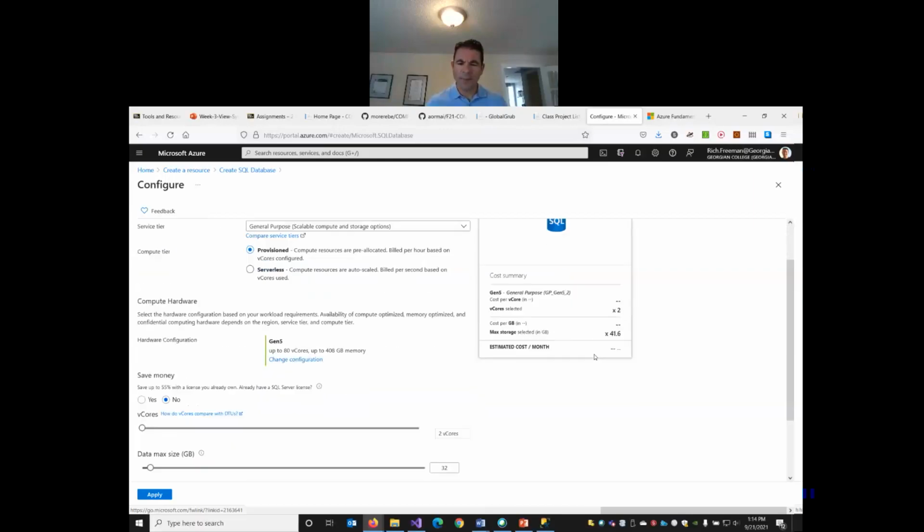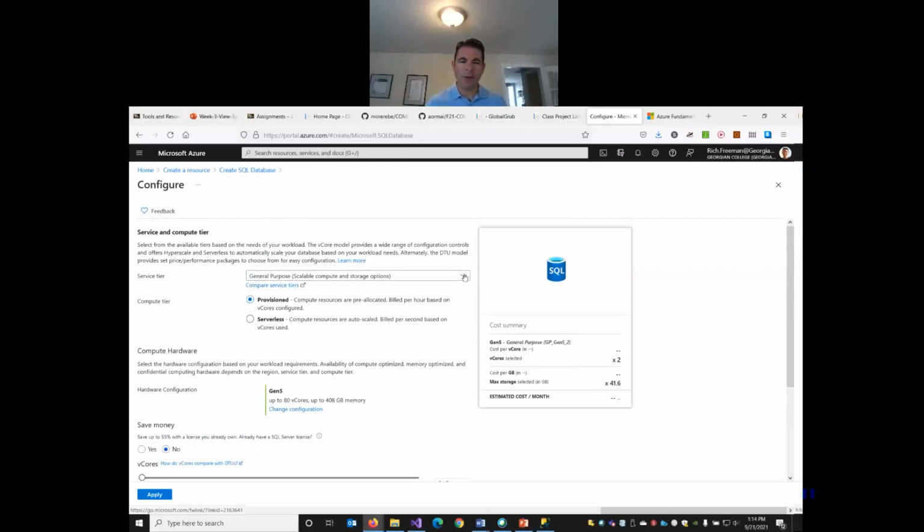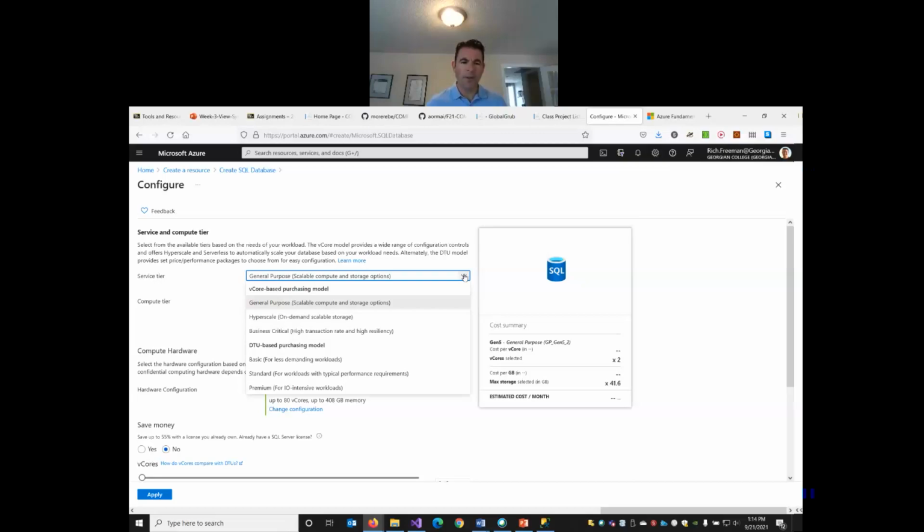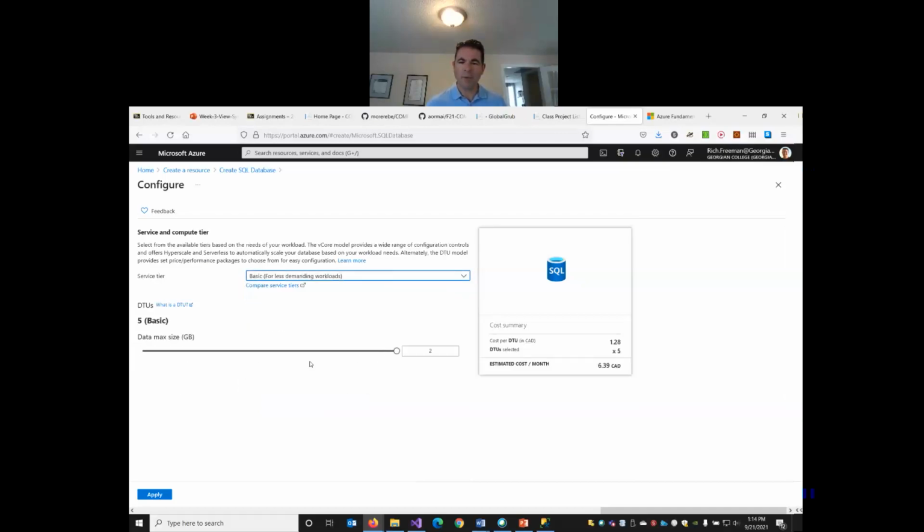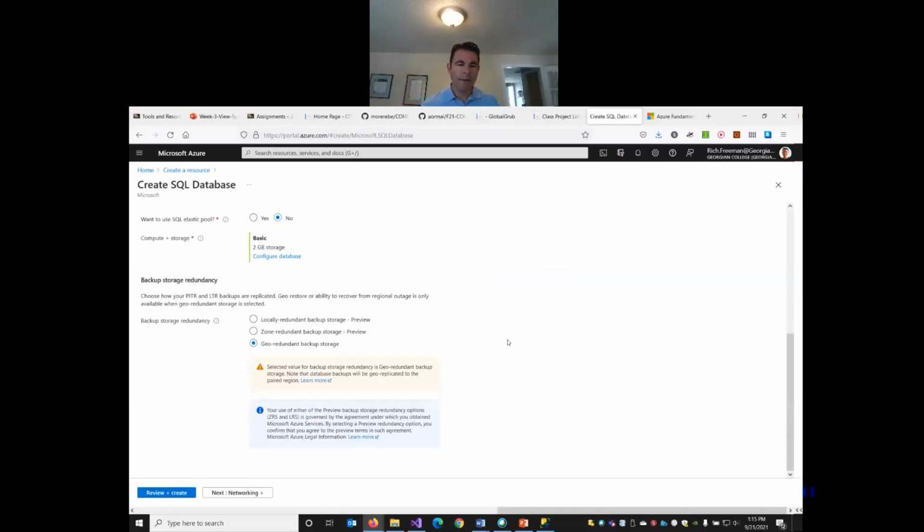And you can see the estimated cost per month. I don't need this. I want the smallest possible. So I don't need this vCore based purchasing model. I want this one, this basic option. So estimated cost, this will use about $6 a month of the $100 US credit. So it actually uses about $4 a month US of my credit. So pick the basic service tier. We need the lowest performance. I'll click apply. Also under storage,